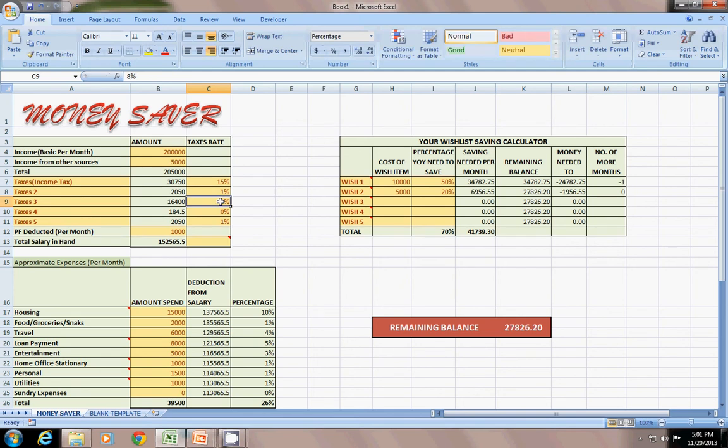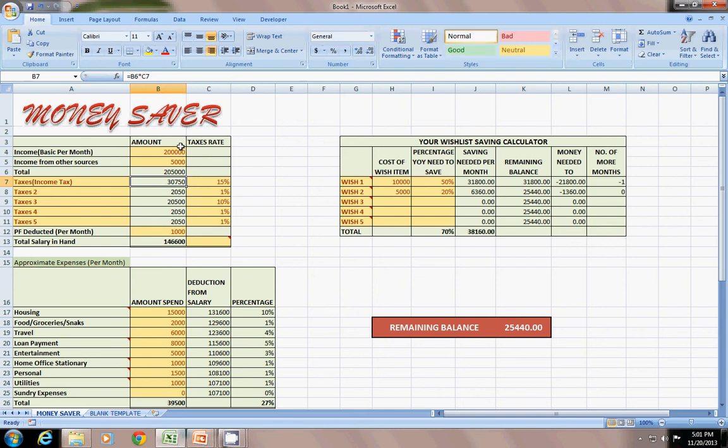Here I pay 10%, and here 1%. And so my salary in hand is this much.